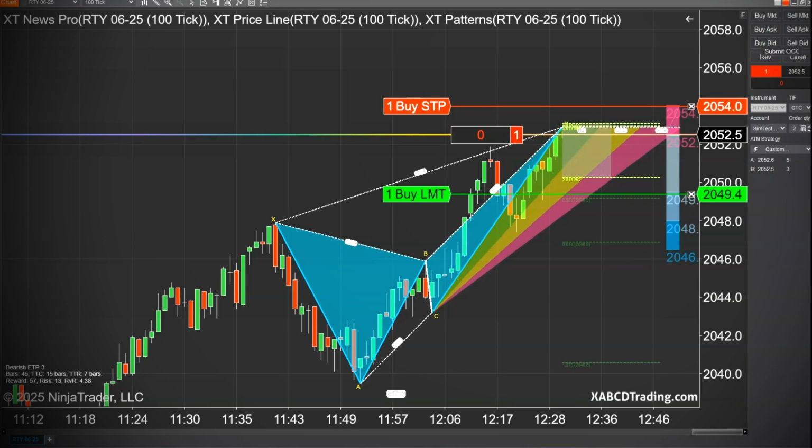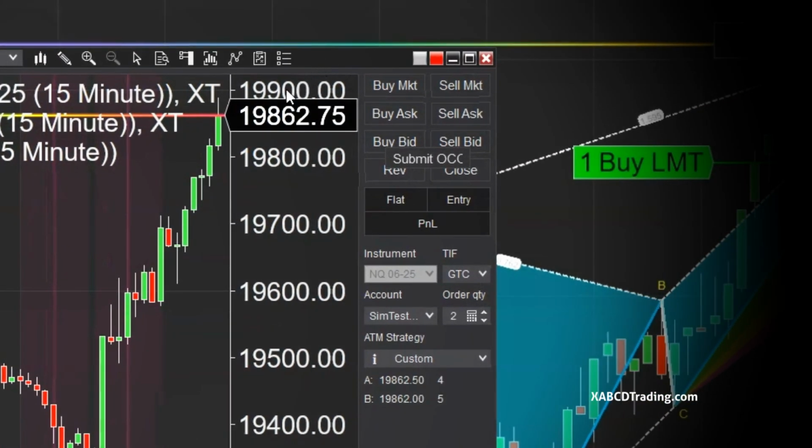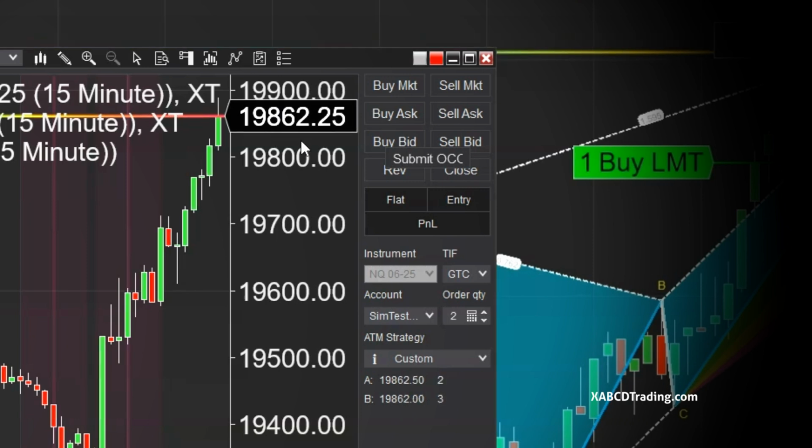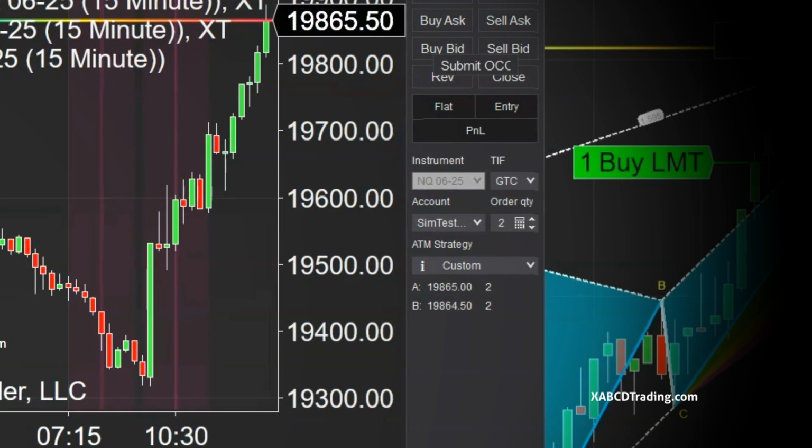Now, we have this trade currently going. I'm going to talk to you about the ATMs that I use in order to set this up. This is very simple. An ATM, first of all, is your advanced trade management strategies. Now, these are not full-blown strategies that you just let run and hopefully it takes trades and does everything for you. These are simple parts of a trade.